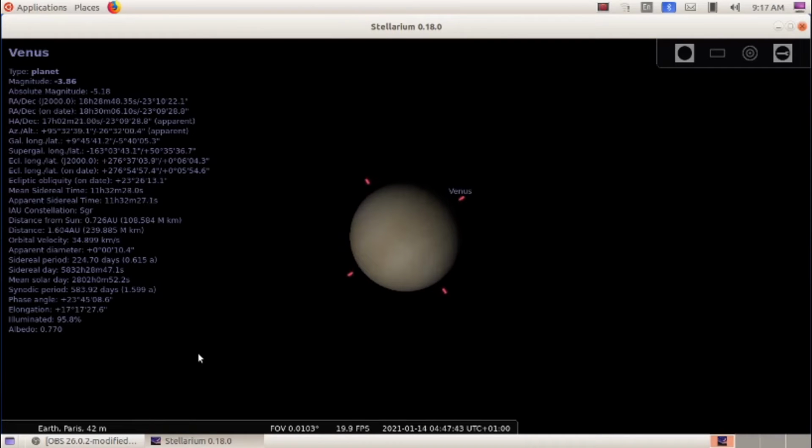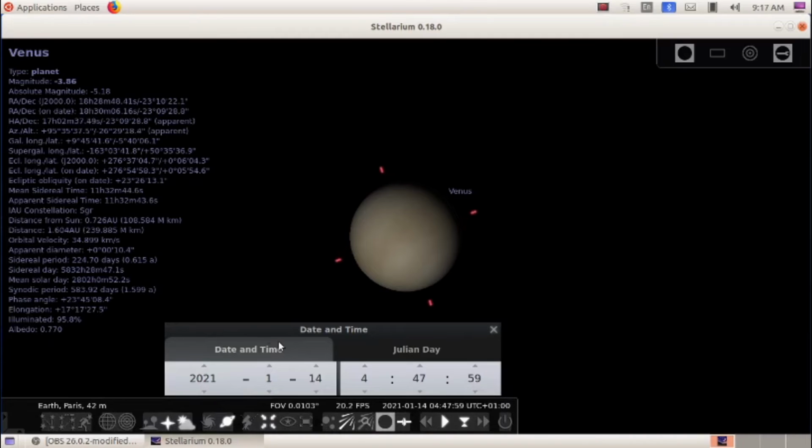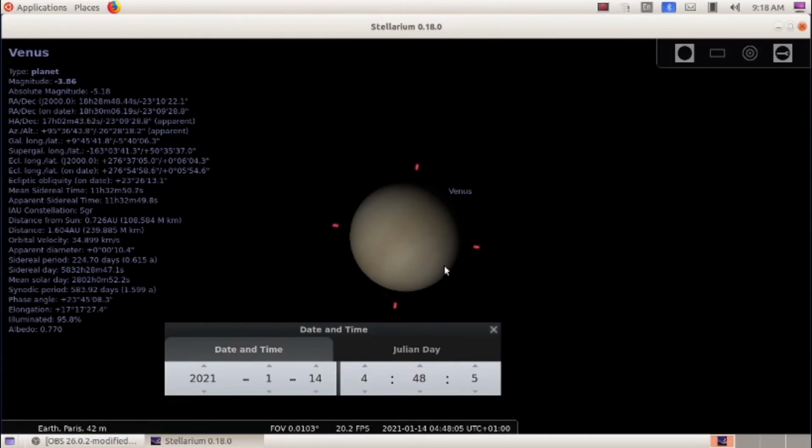Now the second step, you have to click on date and time window tool. At the left side toolbar you can see the date and time window tool. Click on that. Now you can adjust the date. So here what you have to do, yes, we need to change the month.